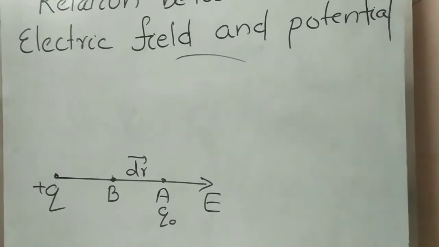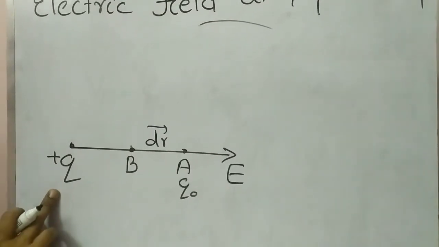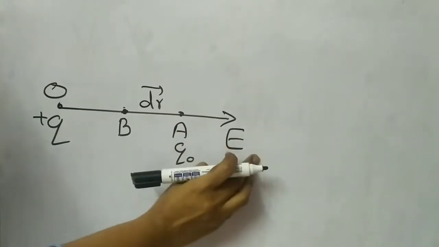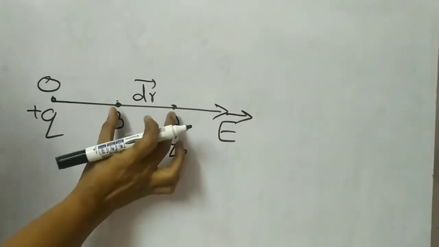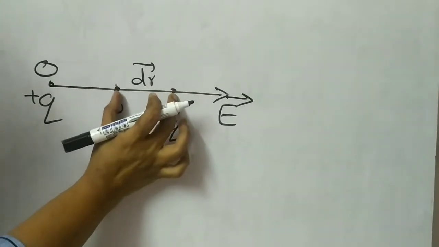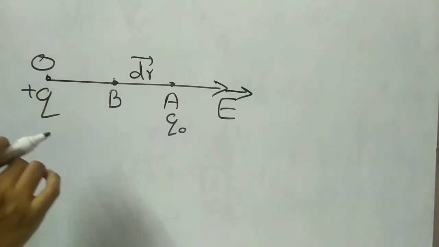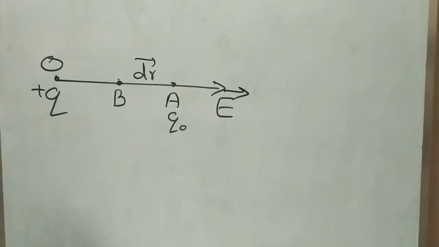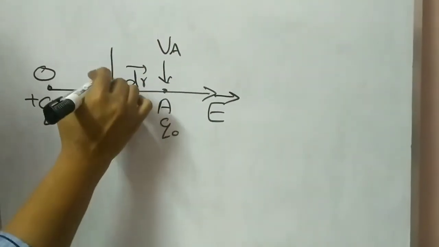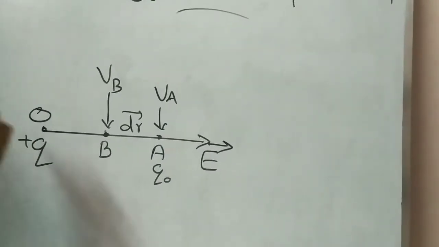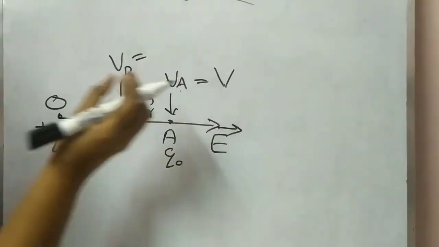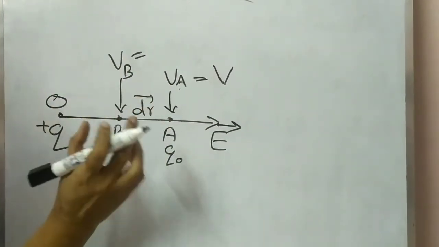How can we relate these two quantities? Here you can see this is the source charge, positive charge placed at O, and you can see this is the direction of electric field. We can consider 2 points which are close together. These points are close together, that's why we can say the electric field at these 2 points are the same. Then what about the potential? Here we can say at A, we can take VA as the potential, and at B, we can take VB as the potential. We can consider V be the potential at A, and then a small difference there, that's a potential difference between these 2 points.